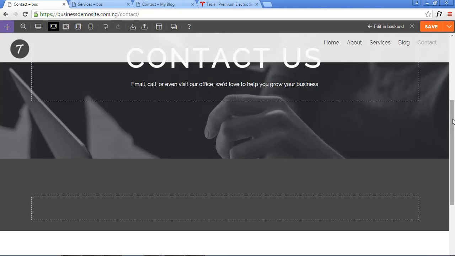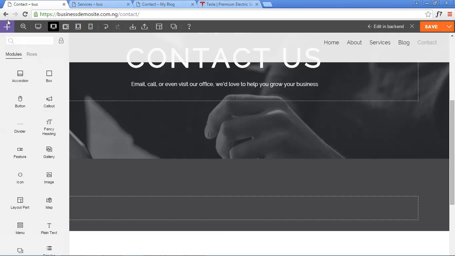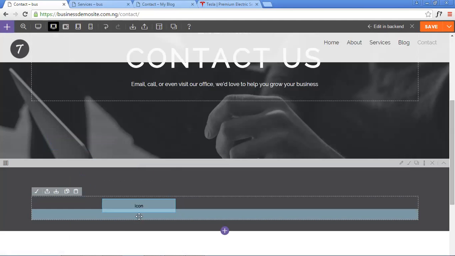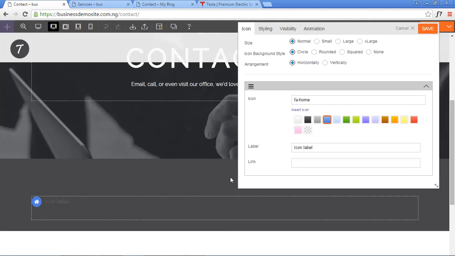Then look for our module section, go to our module section, look for an icon, the icon button module rather, paste that in there. Then insert icon,